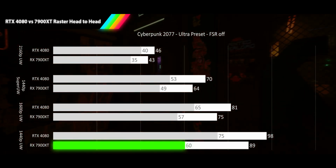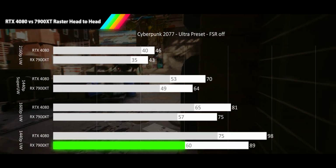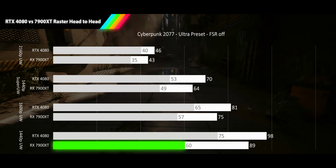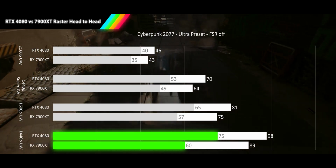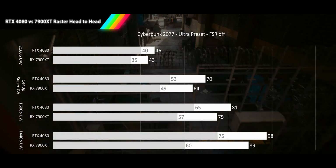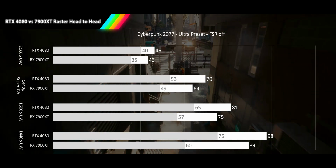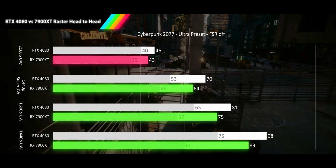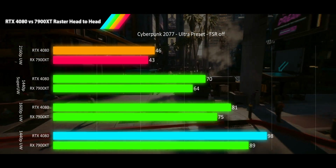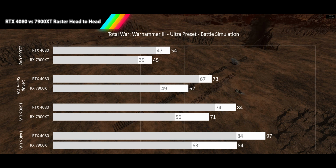Here we see our 1% lows deviate a little on the Radeon side, sliding from a 24% reduction at the previous resolution to a 33% reduction in performance, while the 4080 stays relatively steady at 23% performance loss for the 1% low. For a game that I think in most people's minds is tied to Nvidia GPUs, it seems as long as you're not ray tracing, AMD is providing you a much better value per frame, with only an 8% average performance disadvantage. In Total War Warhammer III at the Ultra preset,